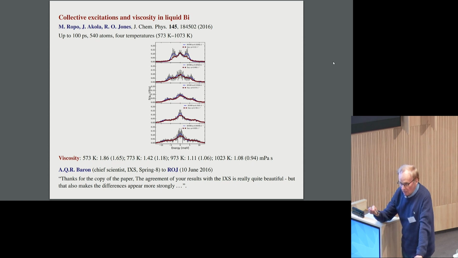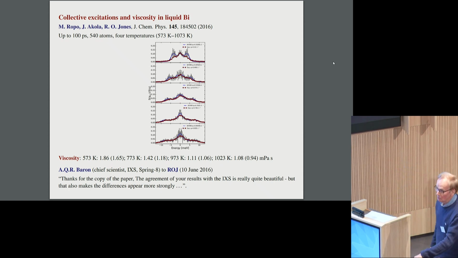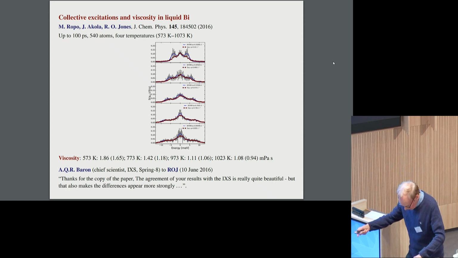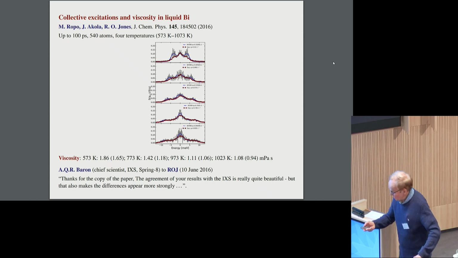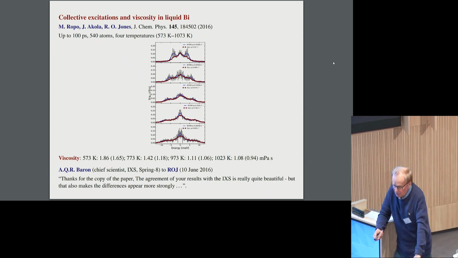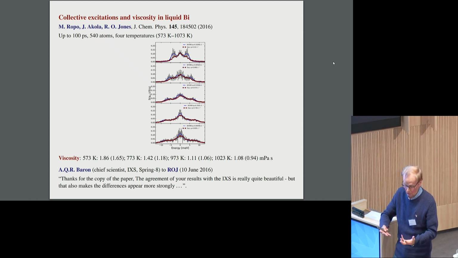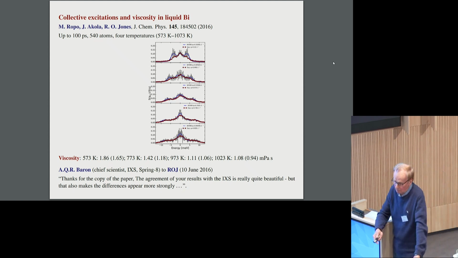I want to say something about density functional calculations in condensed matter physics, which is where I come from, and where I guess I'll stay. Here is a calculation which is an enormous number of density functional calculations. If you are looking at a simulation of liquid bismuth using a density functional approach, and you want to get decent statistics and to understand the nature of the collective excitations in this material, then you have to work very hard.